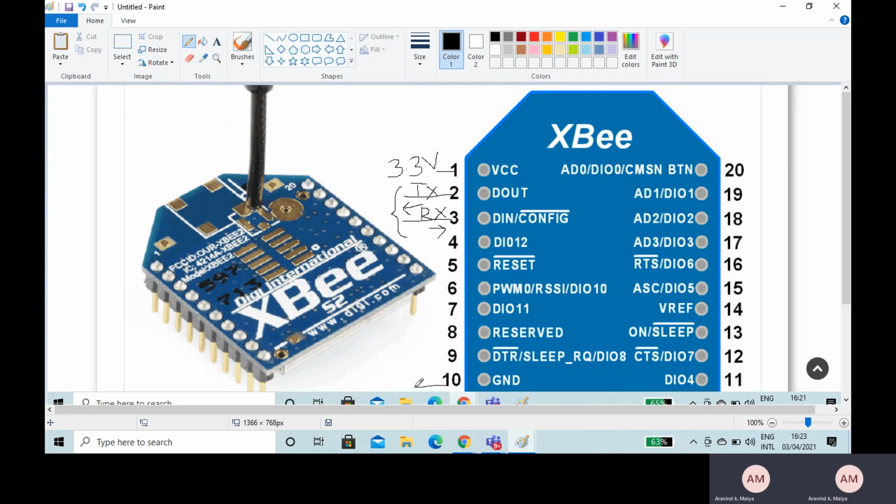XBee module 1 will be connected to the Arduino, and it is working as a transmitter. In our case, we will make this a coordinator.